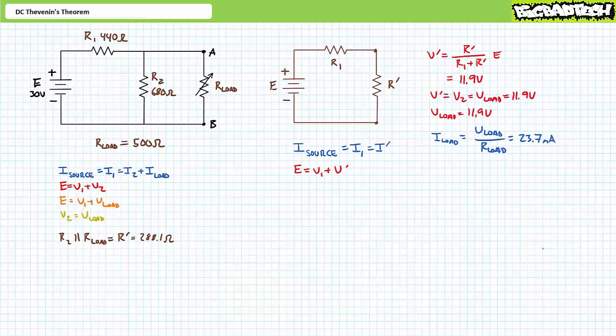An application of Ohm's law demonstrates that I load equals 23.7 milliamperes. Finally, an application of the power equation demonstrates the power dissipated by the load is 281.9 milliwatts. Done. As these examples were intended to illustrate, in addition to a thorough understanding of Ohm's law, one must possess